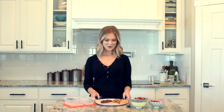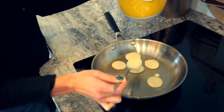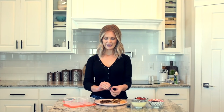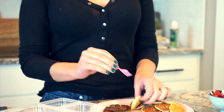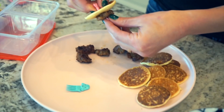These are just those little cuties. I thought it would be fun to do a little brunch box and have breakfast for lunch. So I made some little mini pancakes, and I just used a spoon to scoop them into the pan so that they were just bite-sized. And then I also made just little sausage patties right here. And I'm using these little picks or skewers, whatever you want to call them, to just layer them. So we're going to do a pancake, then a sausage,